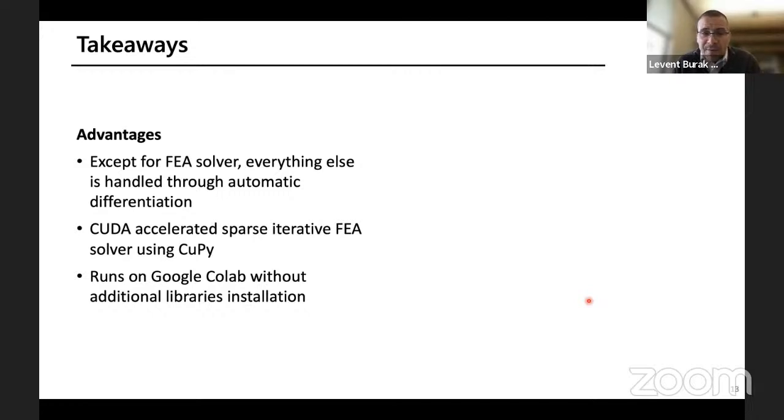We did our own FEA solver using a CUDA accelerated sparse iterative solver, and this is working remarkably fast. The major bottleneck in this is basically the amount of voxels that we use for the training. So the more voxels we have combined with the Fourier, we're running into some RAM issues, but the entire pipeline can be run without any additional library installations on Google Colab.